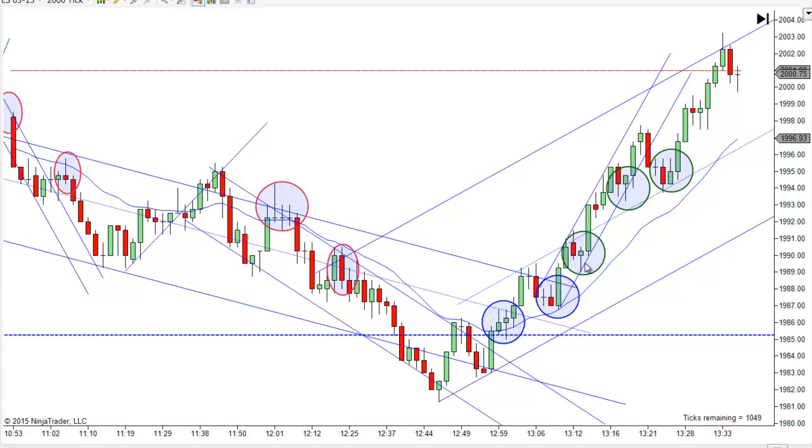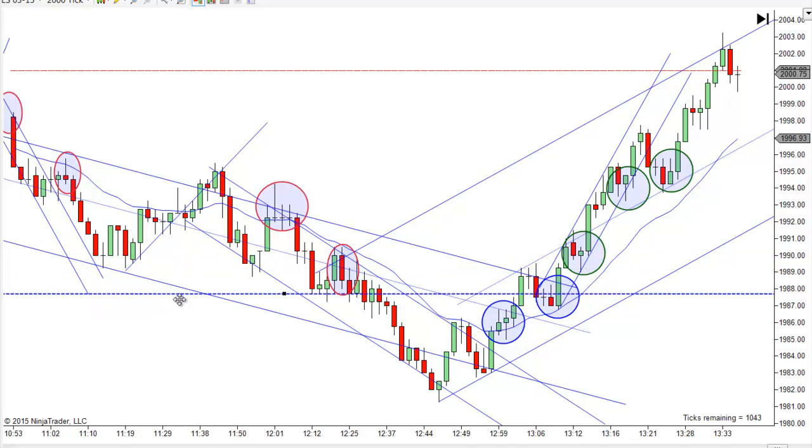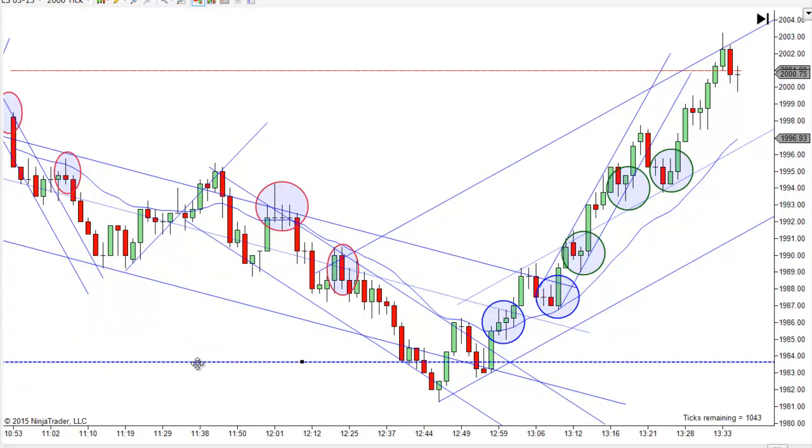This is more of a, you got a little bit of resistance across there, so this is more of a breakout pullback long. If you drag this line up, it's probably a little easier to see. You can see that resistance across there, and so that's kind of like a breakout pullback long. But now you're making lower lows and lower highs, and so I think it's a little risky, but I went ahead and marked it in